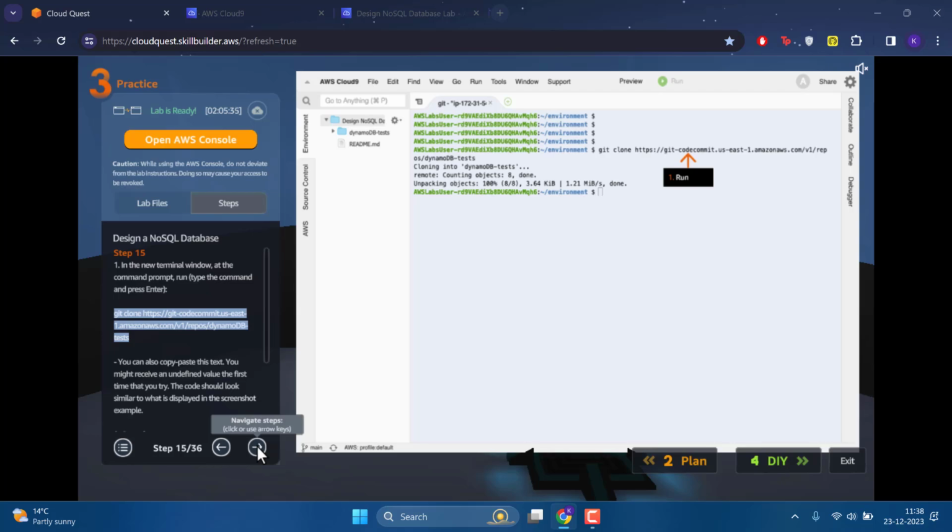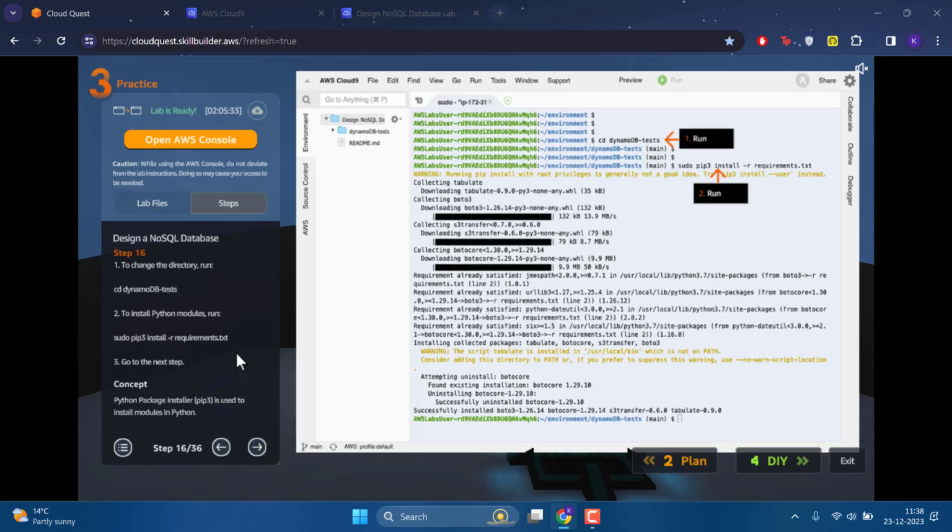Let's click next, and they want us to cd into that Git folder. Then they want us to sudo pip3 install requirements. So looks like there is a requirements document in this one, wherein they might have certain requirements that they need. So let's copy this, and that is going to install it.